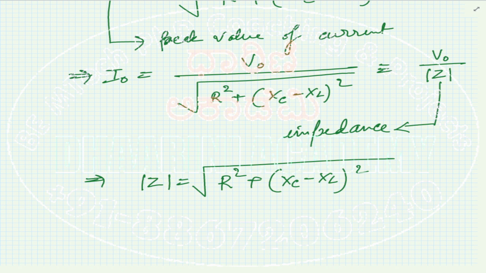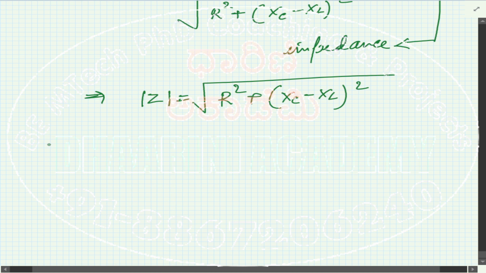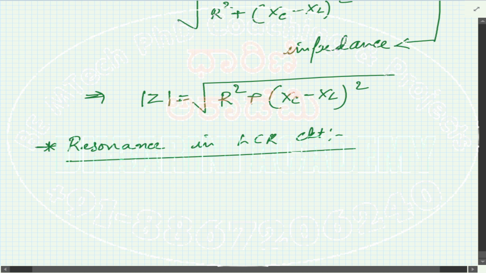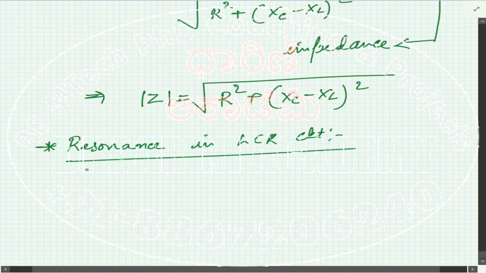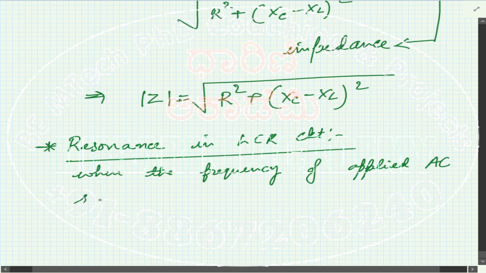All right, now we come to the last theory point of this particular topic, that is resonance in LCR circuit. We know that when the frequency of the applied signal becomes equal to the natural frequency of the circuit, we can say that the given circuit is in resonance. So let's try to write the condition now. When the frequency of the applied AC signal, in the sense the power supply, becomes